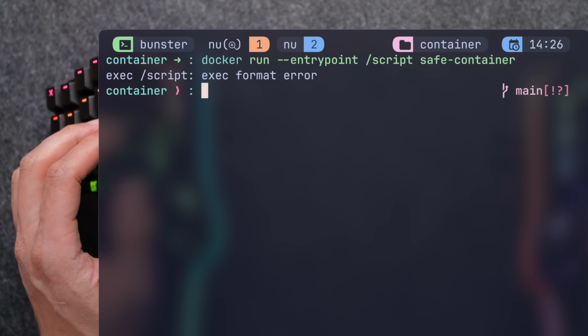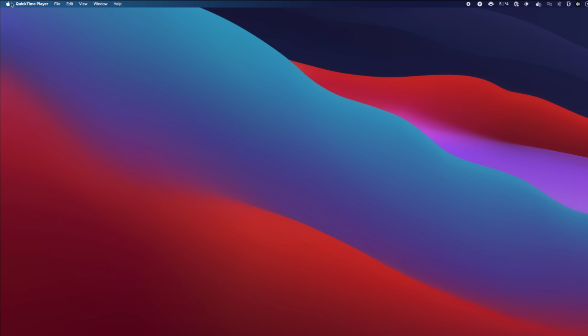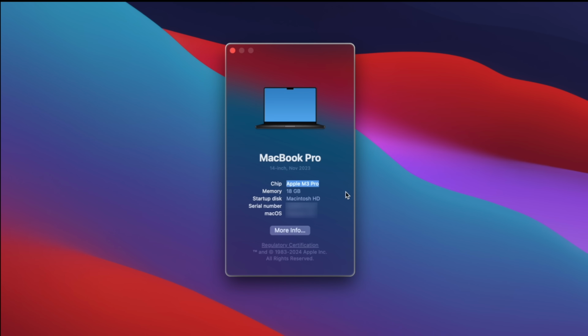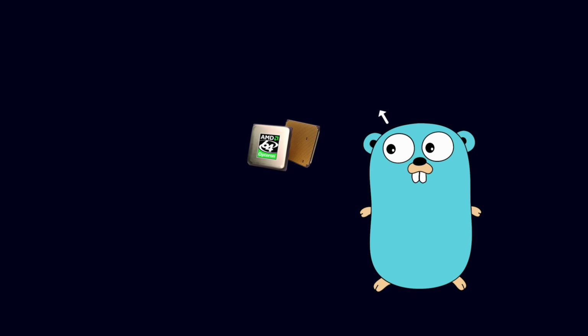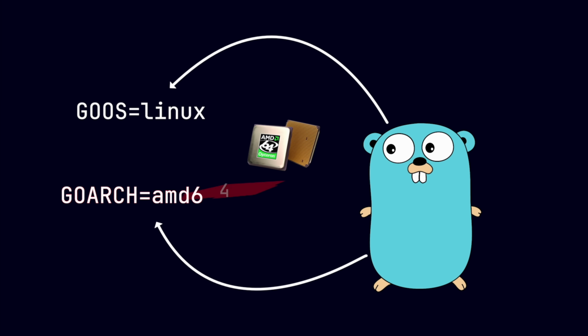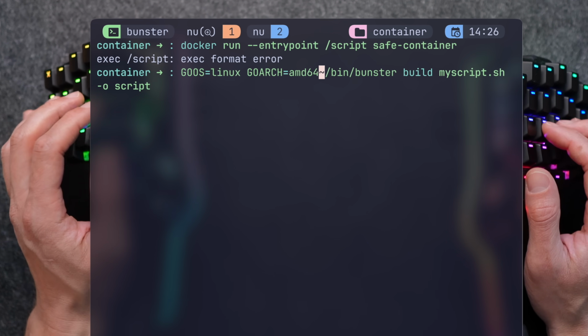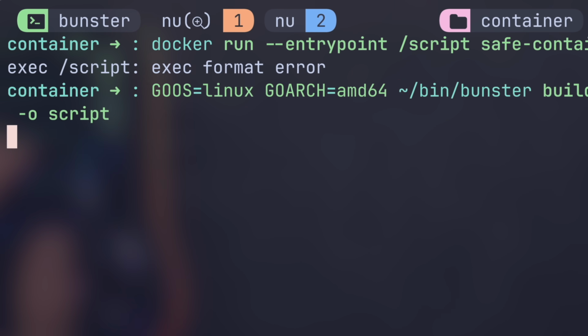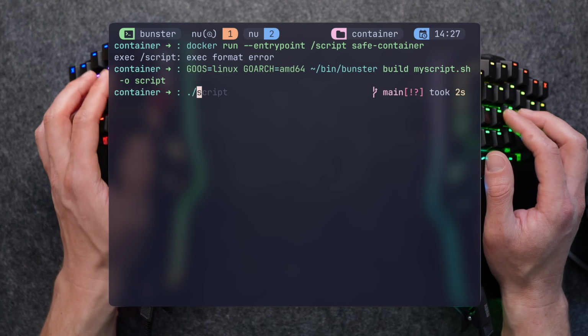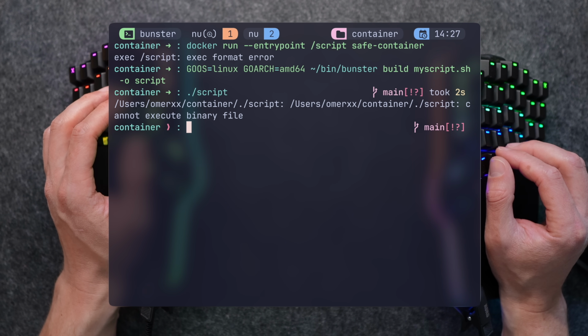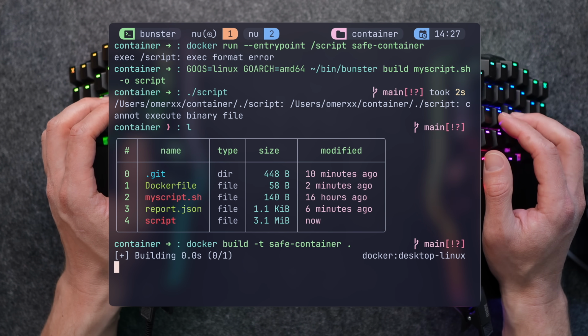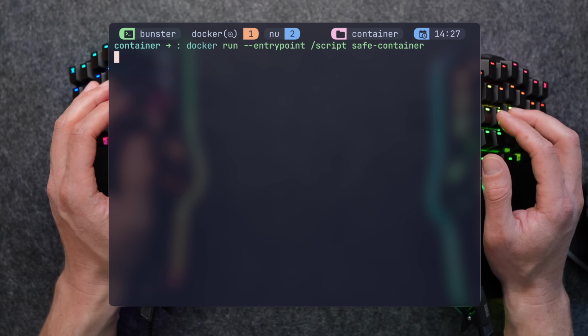If you're using a different system to build and run the script, for example, me using macOS with an Apple chip to compile something running on Linux later, and probably on an AMD 64 chip, it's important to use the correct Go environment to cross-compile our script. We'll set Go OS to Linux and Go architecture to AMD 64, and then rerun Bunster. Now, while my local machine can't handle the new compiled binary, the safe container running Linux happily executes my AWS